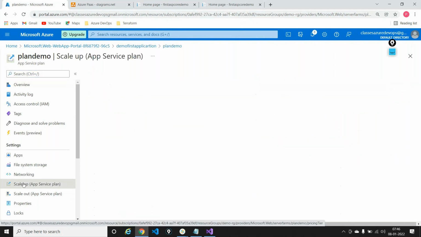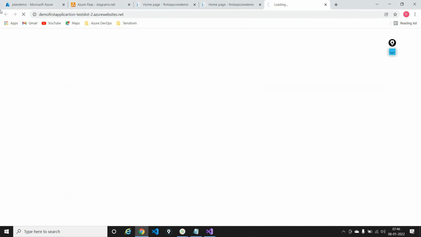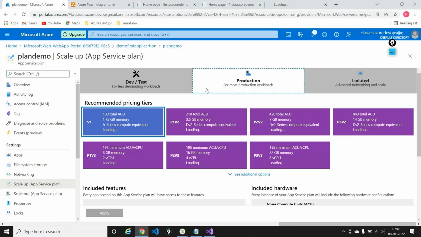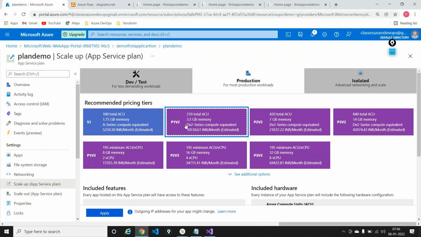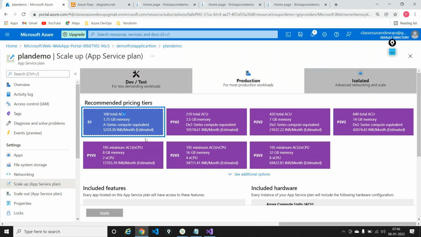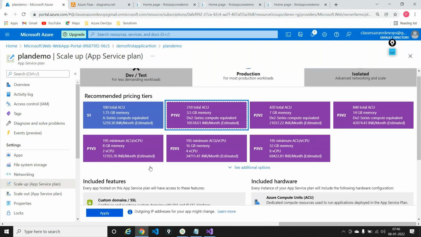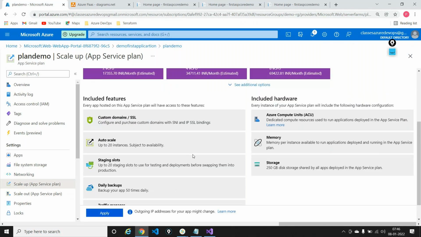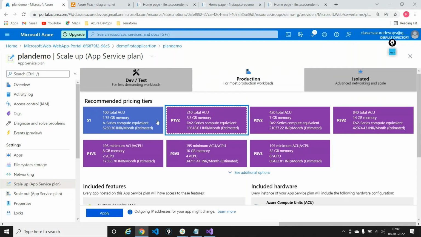So whenever you upgrade your plan from, let's say, okay, come back here, from S1 to, let's say, another version, which is P1 V2, the cost is getting doubled. Meaning from here, if you go here, it's 10,518 rupees. So here you're being charged somewhere around 5,200 rupees. So it's almost double the charge. So if you want to go ahead for more slots out here, for example, this supports up to 20 slots. Now S1 was supporting just up to 5, right? This was supporting 4 times greater than S1. So if you scale up, then your slots can get increased. So it completely depends upon your use case scenario.